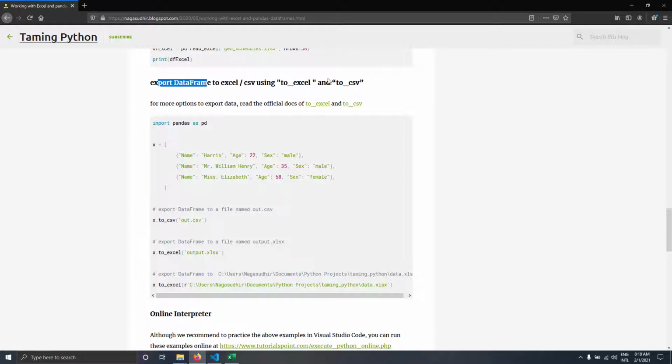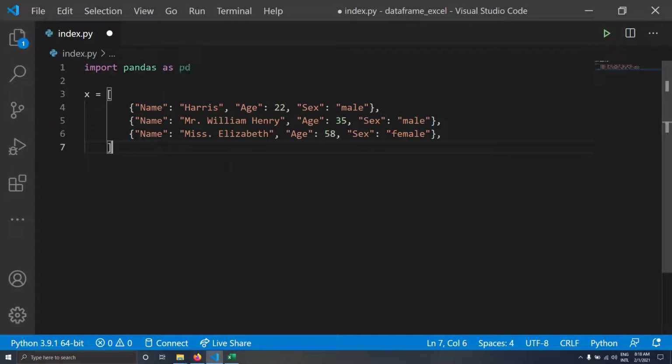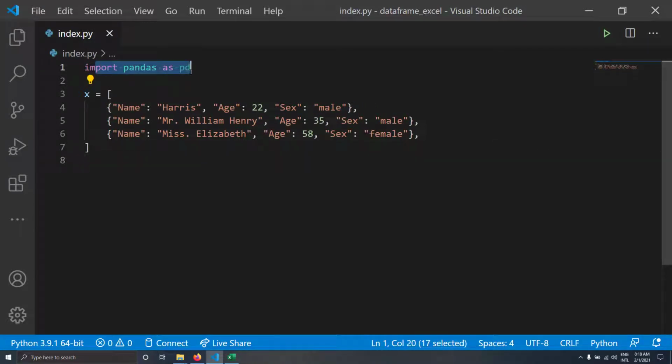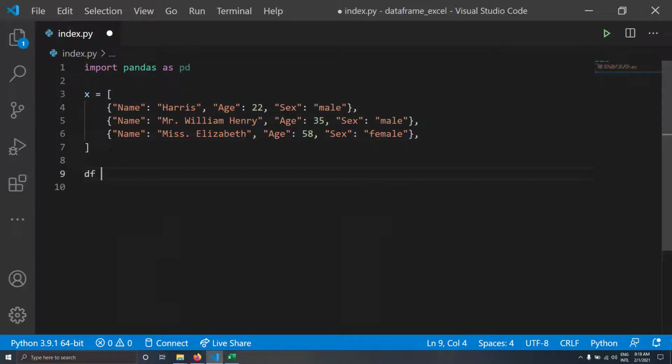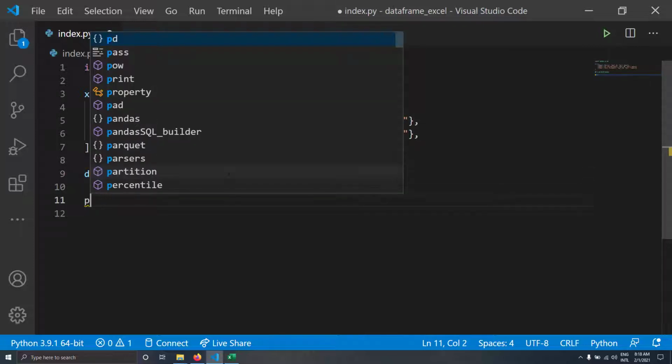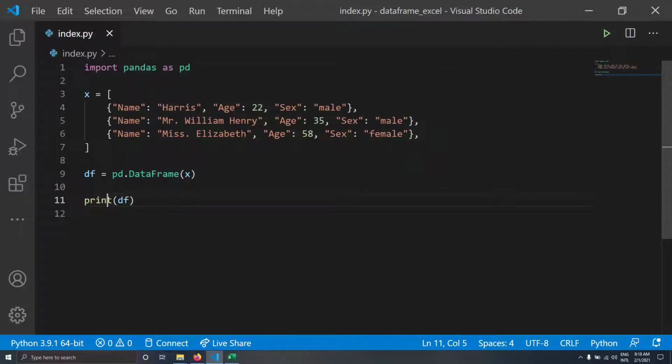It's really simple. You just need to use the to_excel and to_csv functions. That's it, guys. So let's take an example here. I'm just going to copy this example and paste it here. So this example is really simple. I'm taking import pandas as pd, and I'm taking a list of objects, and I'll create a data frame out of it. df equal to pd.DataFrame of x. So each item in this list will become a row, and the headers will be name, age, and sex. I'll just show you the output also. Before exporting it to CSV, let's see how the data frame actually looks. So I'm printing the df after creating the data frame.